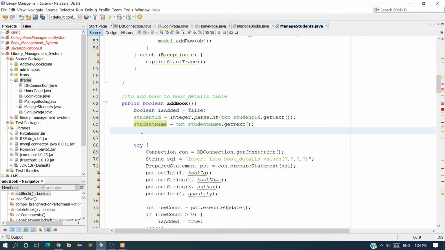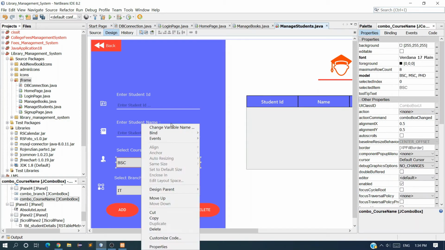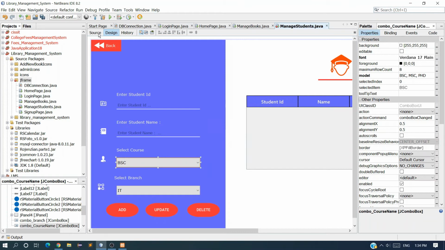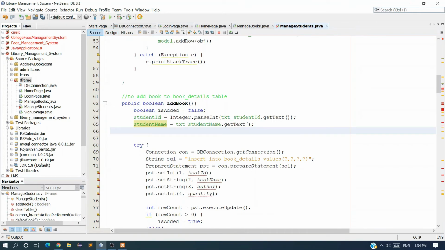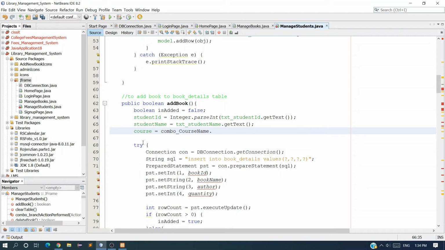And here we have to fetch the data from these two combo boxes. What is the name of this combo box? Let me check. Combo course name. So course is equal to combo course name dot get selected item dot toString.